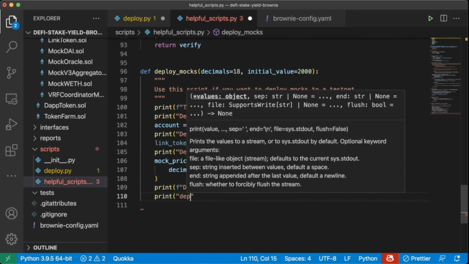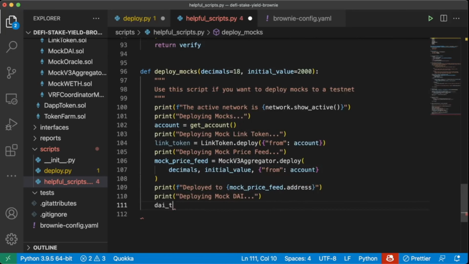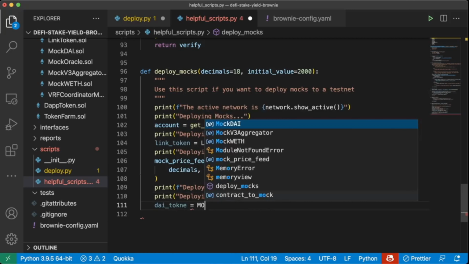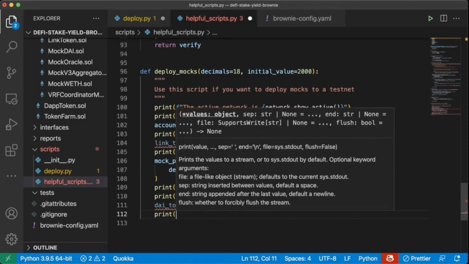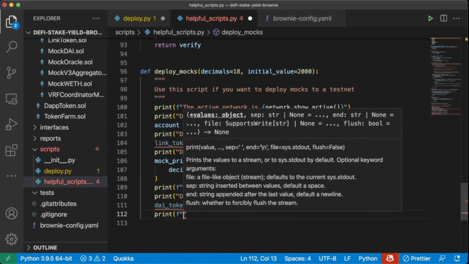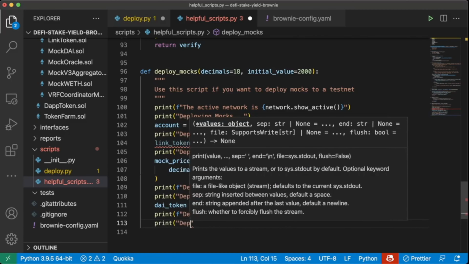So we'll do print deploying mock DAI token equals MockDAI.deploy from account, and then we'll do print f statement deployed to dai_token.address,